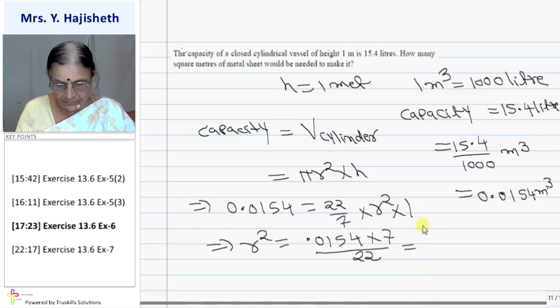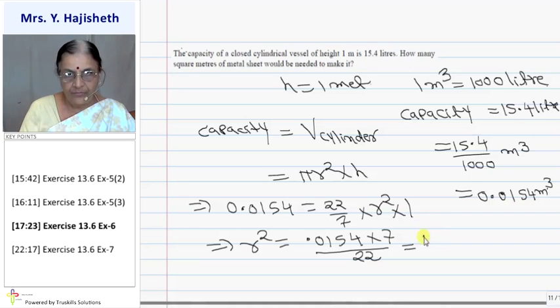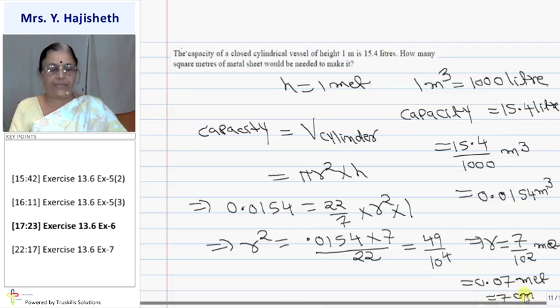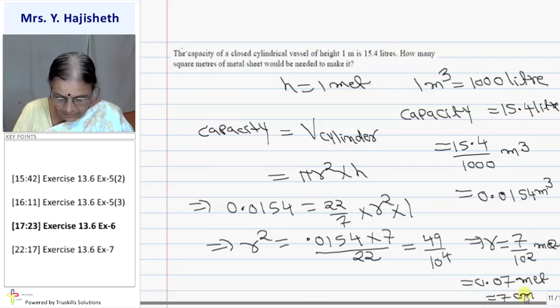It is coming 49 by, it is coming 49 by 10 raised to 4. So my r is 7 by 10 square meter. So it is 0.07 meter. That is 7 centimeter. Okay. This is my radius of the